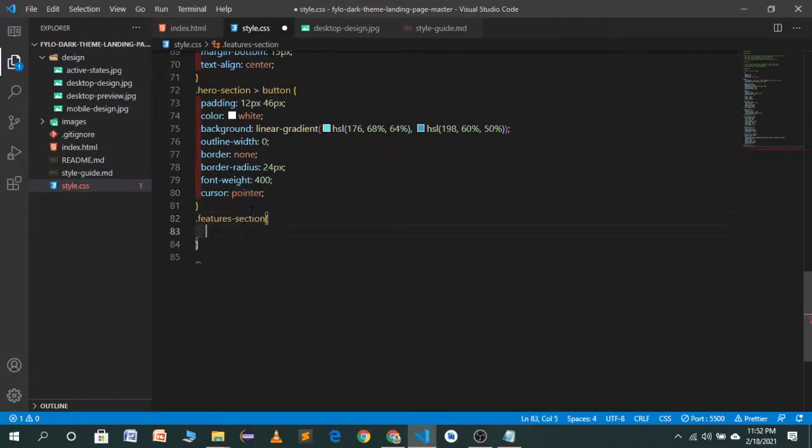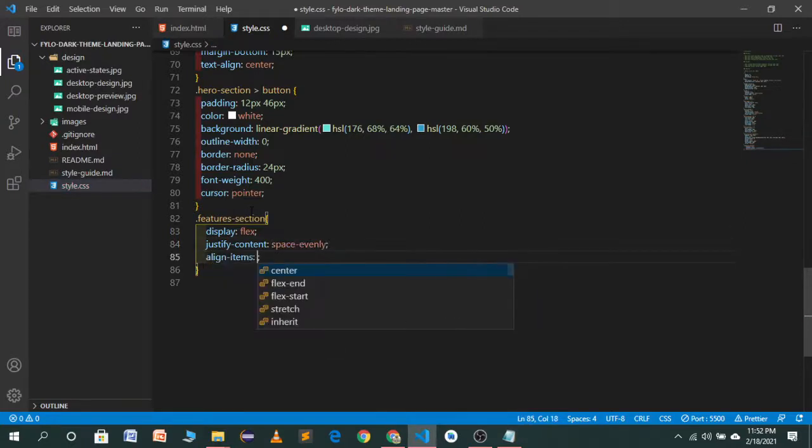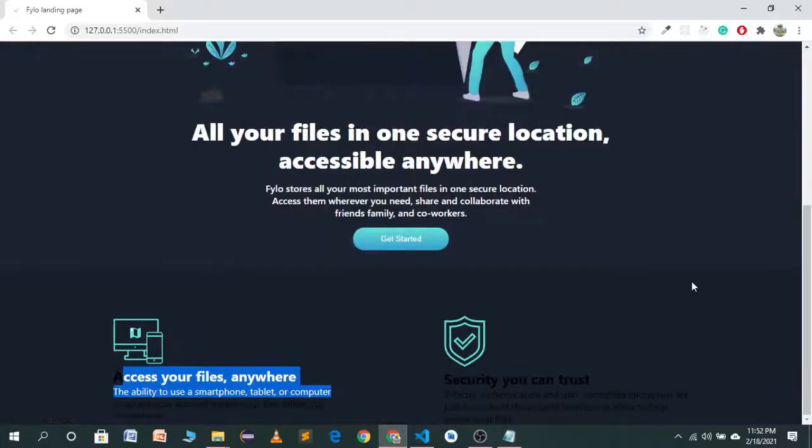Let's use a flex box, display flex, justify content will be space evenly, align items will be center. So let's see, as you'll see it has aligned it in a beautiful direction, but we just have to change the design.